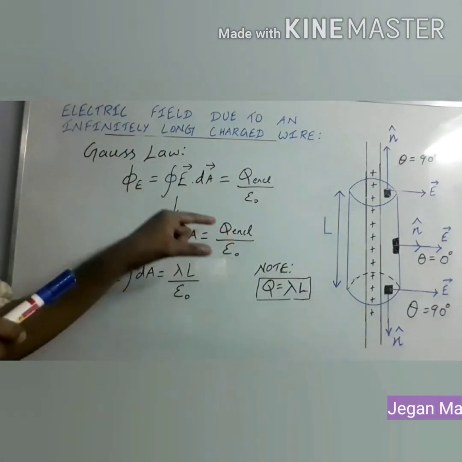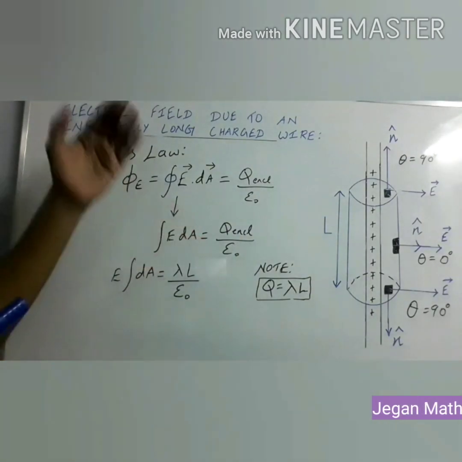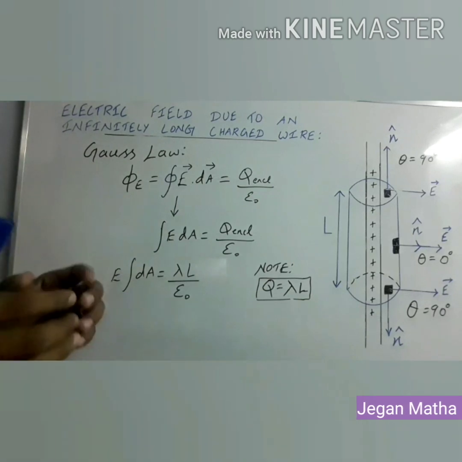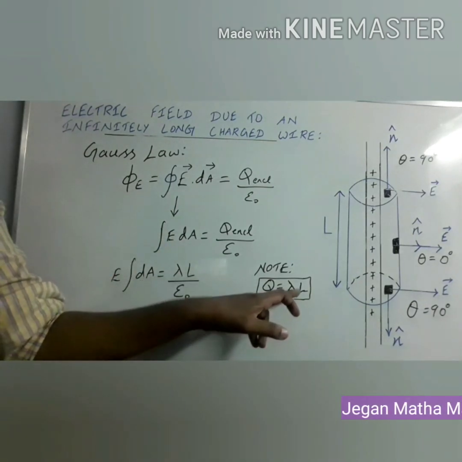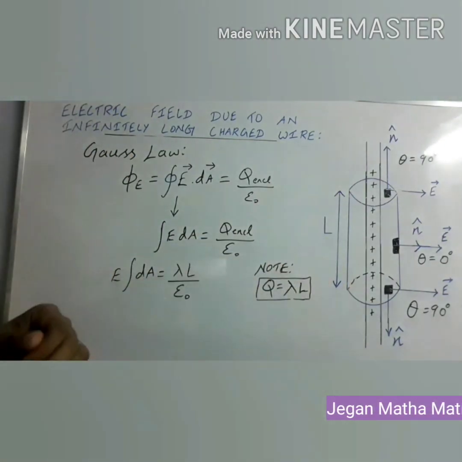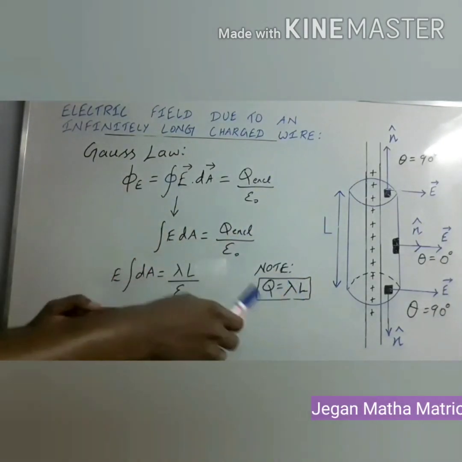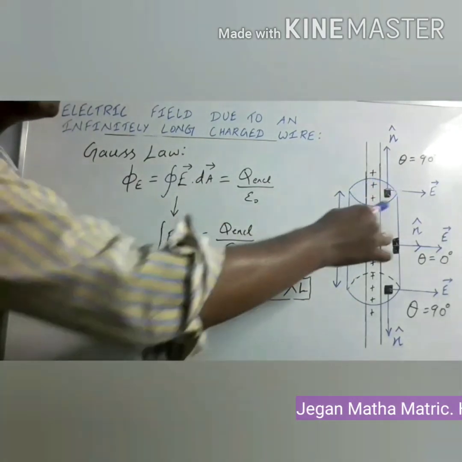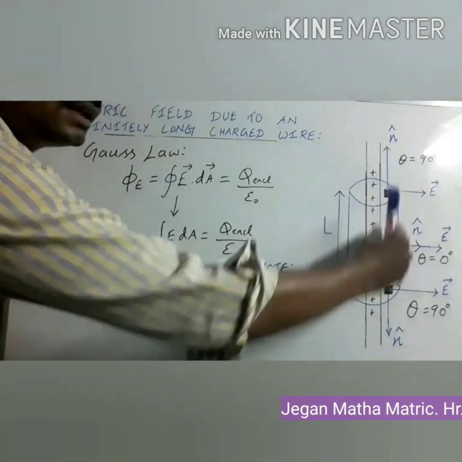So how can we find the charges in the Gaussian surface? In the beginning itself we have studied linear charge density. To find the amount of charge in a particular length, we have to multiply the linear charge density and that particular length. Here we know the Gaussian surface has the length capital L. Then that L is multiplied with the linear charge density of the wire. Then you can get the amount of charge in the particular length, that is nothing but the Gaussian surface. Using this expression, we can find only the charge within the Gaussian surface.